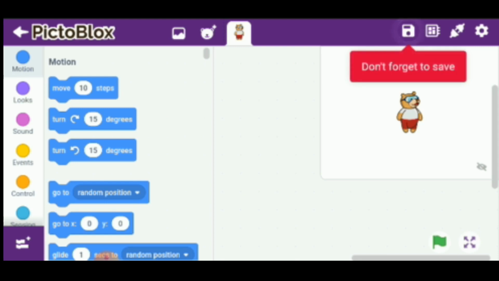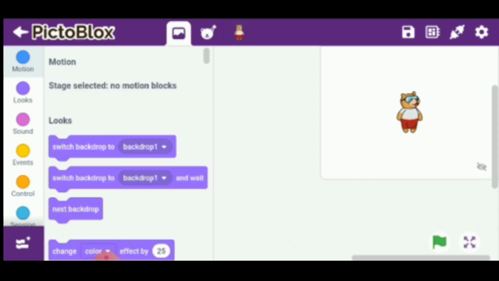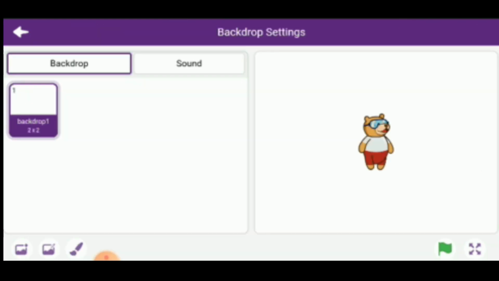So go to the title bar. Here you will get the first icon, that is the gallery icon. So we have to click on the gallery icon. One more time you click on the gallery icon, you will get one pencil icon. So we have to click on the pencil icon, and downside here we can see one option, that is the gallery option. So we have to click on the gallery option.